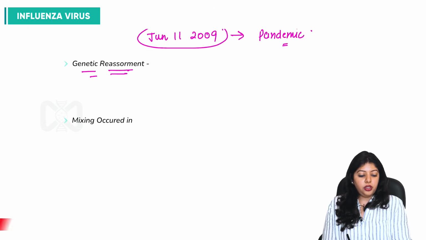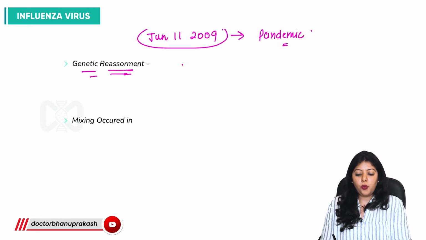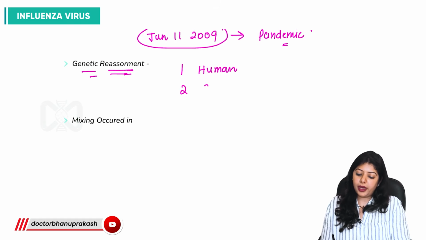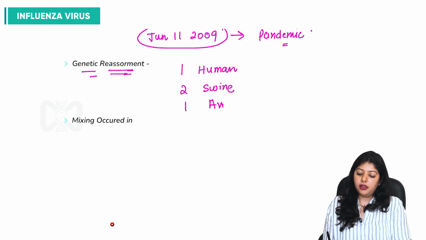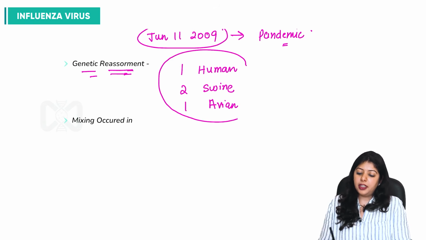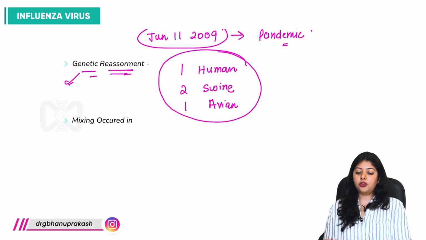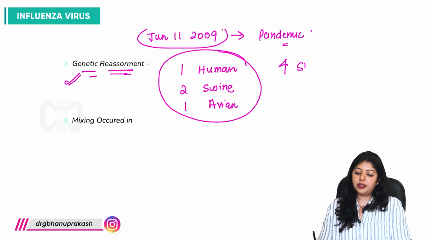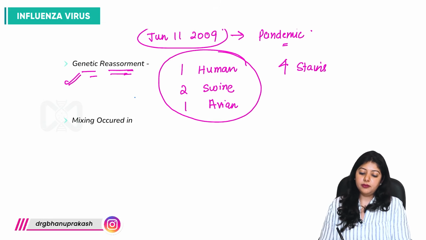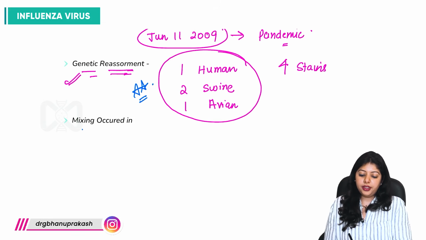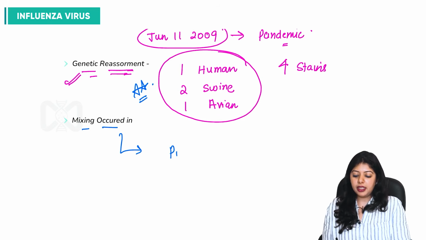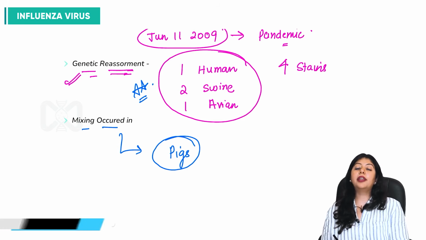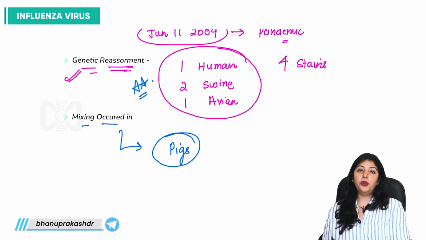It was because of the strains: 1 human strain, 2 swine strains, and 1 avian strain. So this pandemic occurred because of genetic reassortment between 4 strains. And where did that mixing occur? Mixing happened in pigs, and this is the reason why it was said that it is a swine flu type